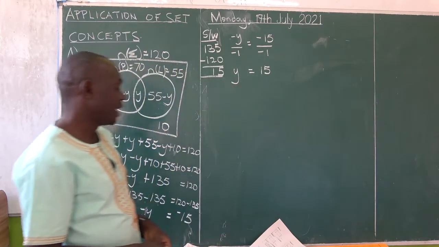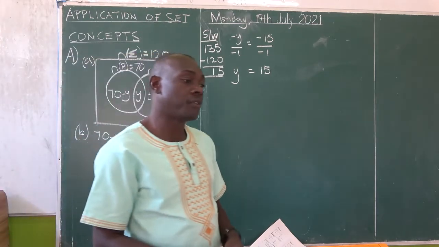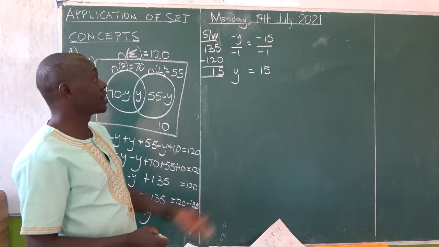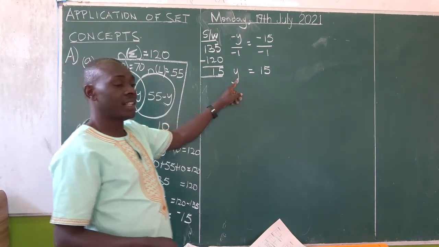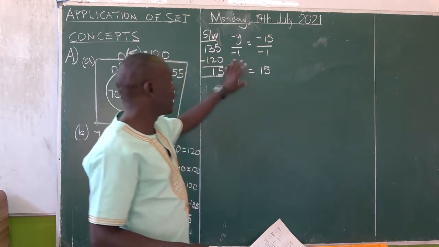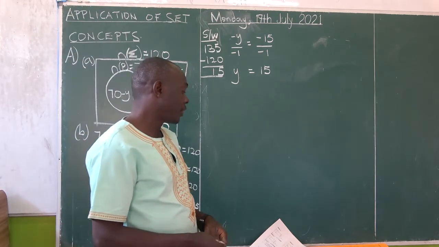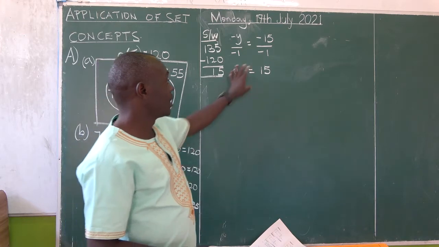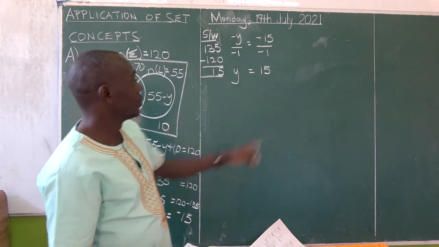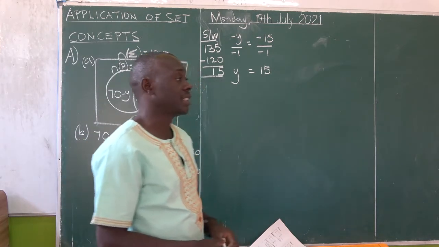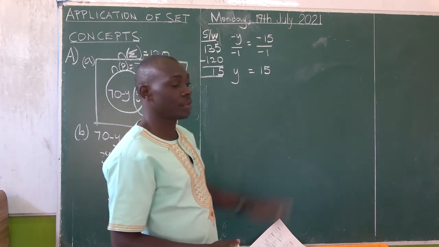And now the question displayed there says, find the number of rich men who have both Prado and Lexus. So this is just the value of y. If the question were to say, find the value of y, you would stop here. Remember, when we are finding the unknown equivalent, we shall never include any unit. So in our book, you find there was a little mistake, by writing that y is equal to 15 men. So that one, you don't put any unit against the equivalent of the unknown. So don't put men, you don't put pupils, you don't put anything.